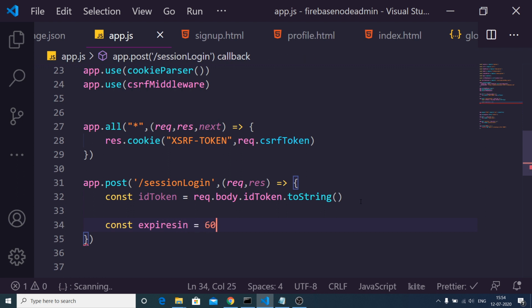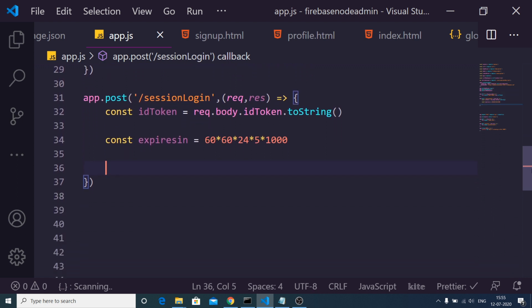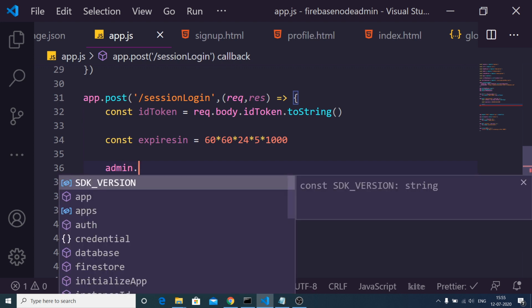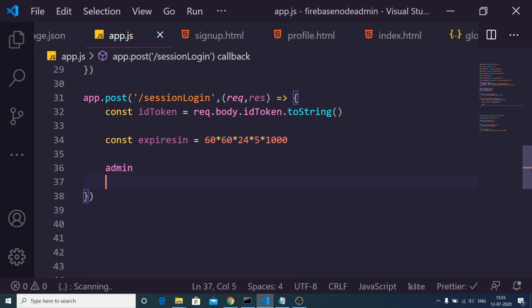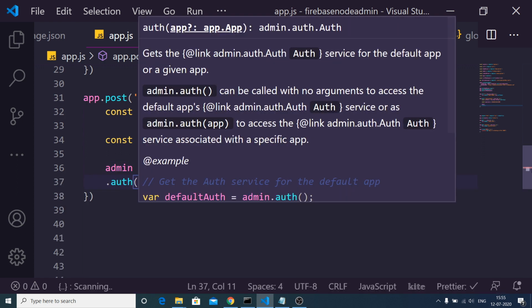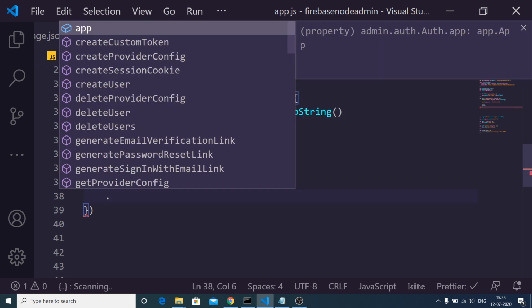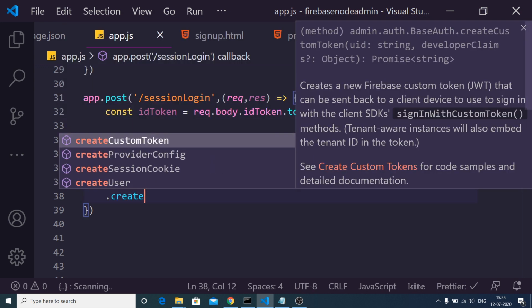So this will be 60 multiplied by 60, multiplied by 24, multiplied by 5, multiplied by 1000. So this is approximately 5 days which this id token will last inside the browser. So basically you can say that this is a session time of the user. And now we will execute the backend code in order to register the user inside Firebase. So admin.auth, and then we will use .createSessionCookie,